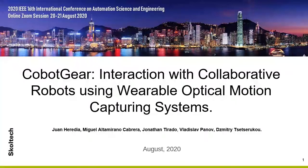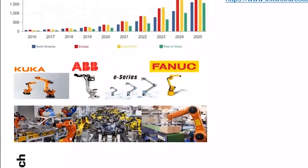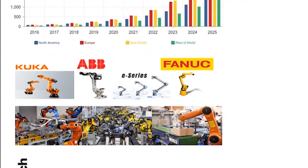CobotGear, interaction with collaborative robots using wearable optical motion capturing systems. This research was developed in the Intelligent Space Robotics and Virtual Reality Laboratory at the Skolkovo Institute of Science and Technology, Skoltech. Problem statement. Demand for collaborative robots, because of their flexibility, safety, and productivity, is expected to increase sharply